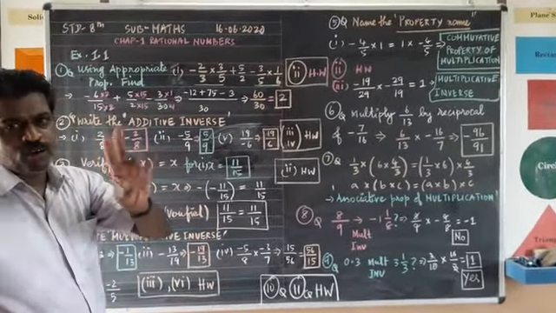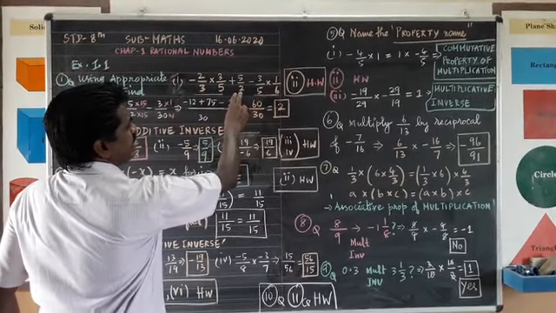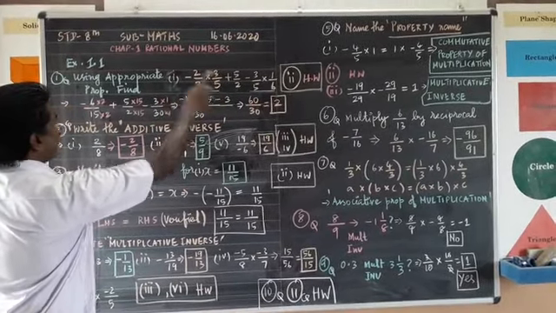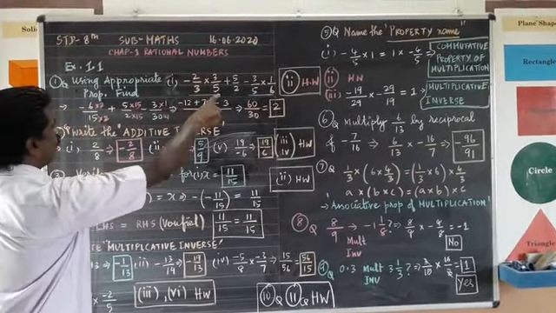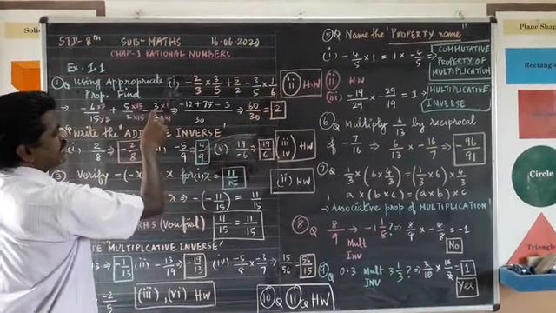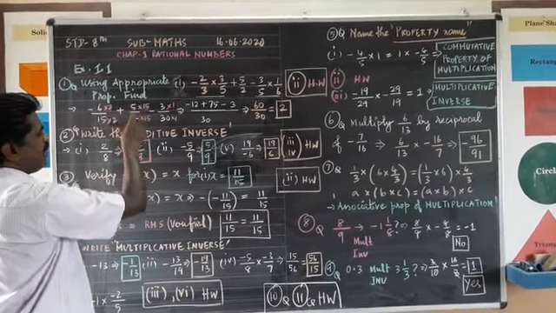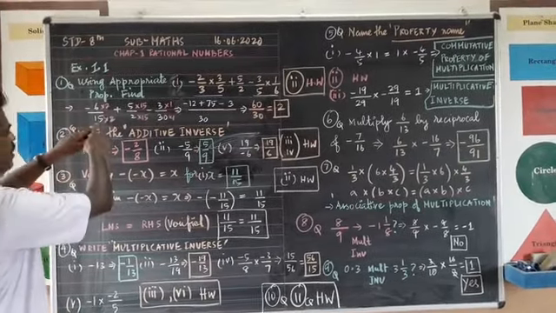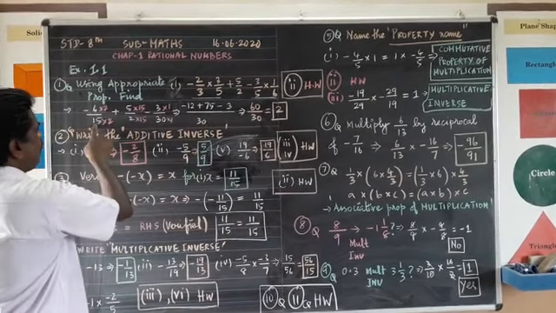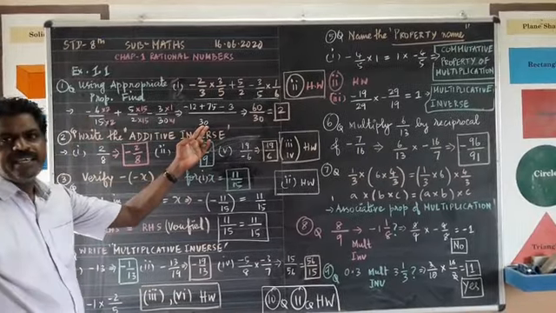I am using the closure property. First 2 I am multiplying, last 2 I am multiplying, and the center number I am keeping as it is. You see, first 2: minus 2 into 3 is minus 6, 3 into 5 is 15. Then last 2: minus 3 into 1 is minus 3, 5 into 6 is 30. Then the middle number I am writing as it is, 5 upon 2. Now all are fractions, so I need a common LCM. 15 and 30 have LCM 30, and 2 divides 30, so I get 30 as the LCM.